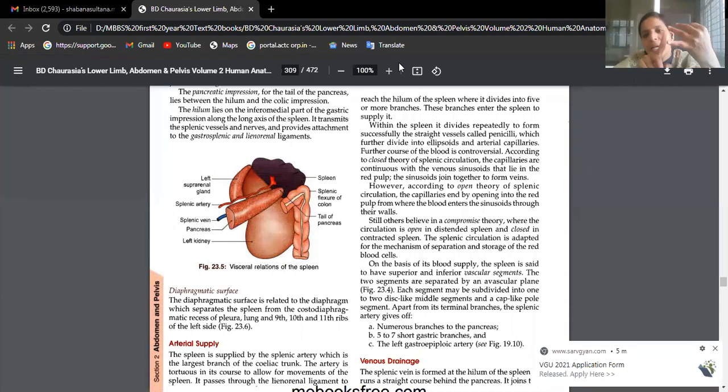I, O, A, 8, 10, 12 is the code. I is inferior vena cava, which opens at the level of the 8th thoracic vertebra. O is esophageal opening, which opens at the level of the 10th thoracic vertebra. A is aortic opening, which opens at the level of the 12th thoracic vertebra. Okay, beta?